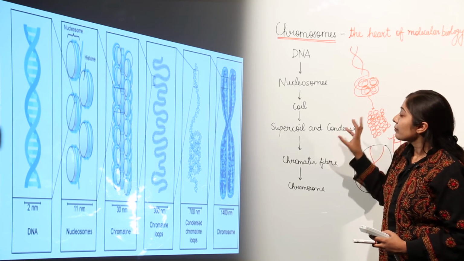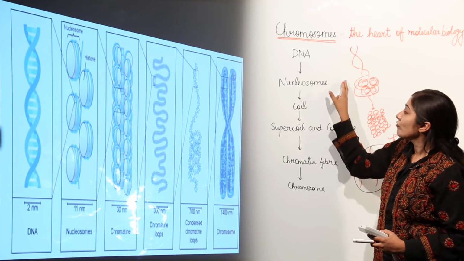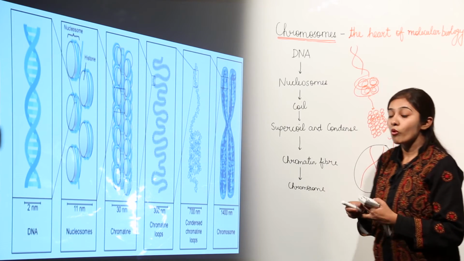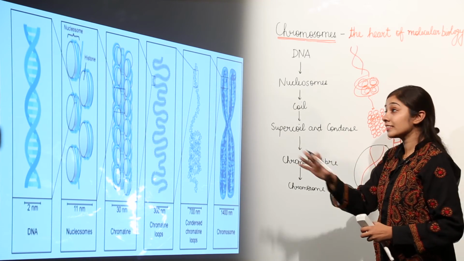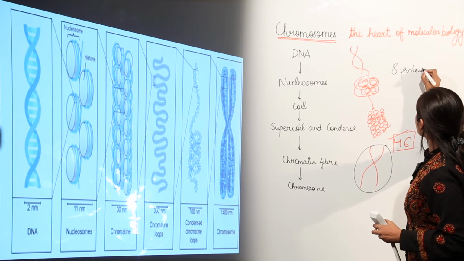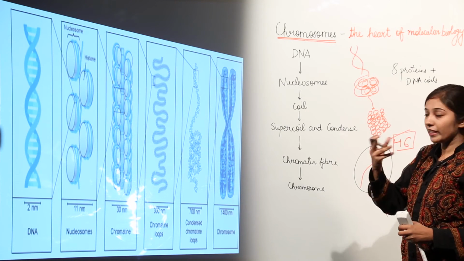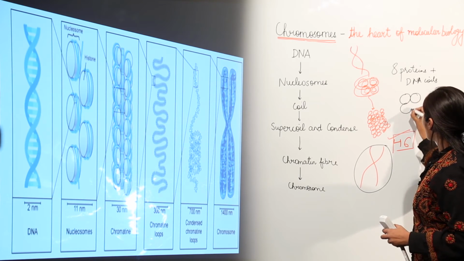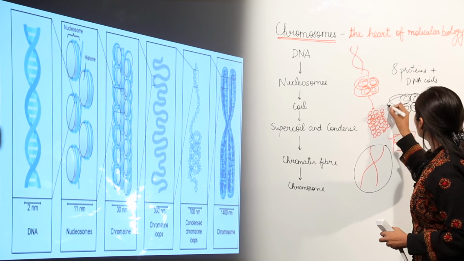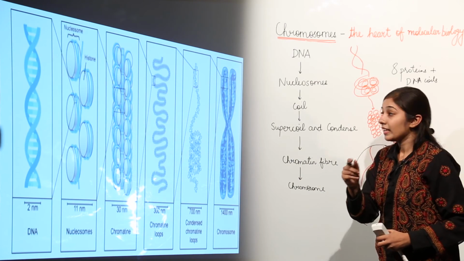molecule, a unit, because a chromosome is composed of DNA as well as proteins. So we have named a structure that is the nucleosome, which is a specific structure that is composed of, remember I am explaining again and again because it is important, a nucleosome has 8 proteins plus DNA coils. So if I am going to explain it, it's like 4 at the front and 4 at the back, and the DNA molecule coils itself around this. So this is one nucleosome.